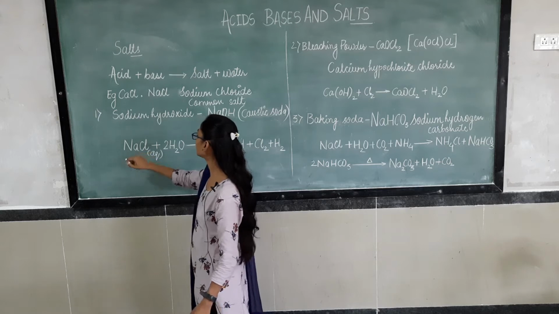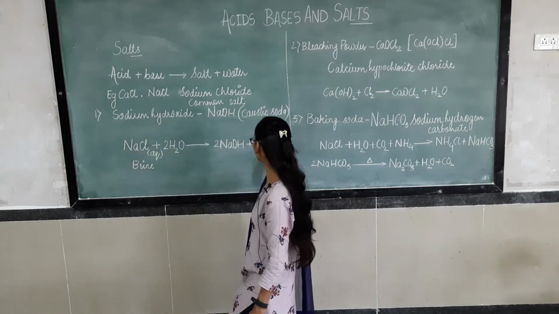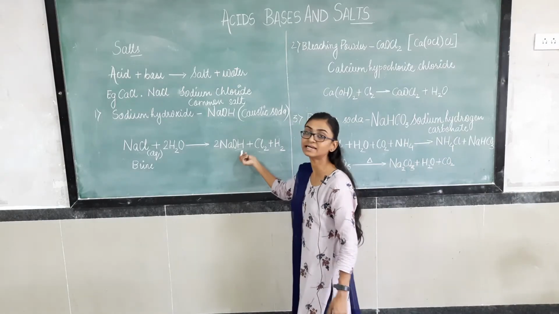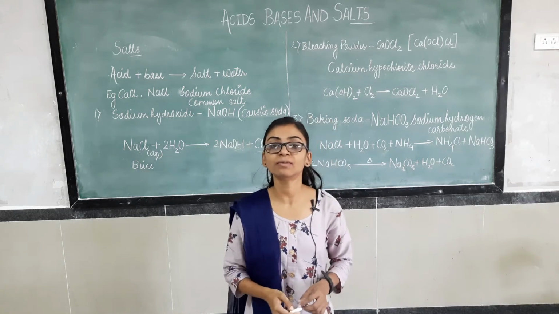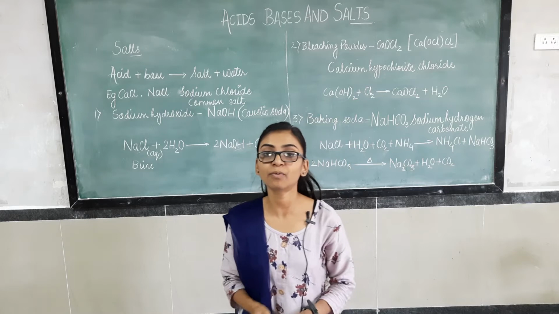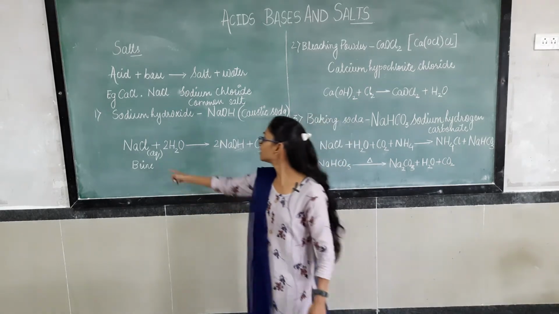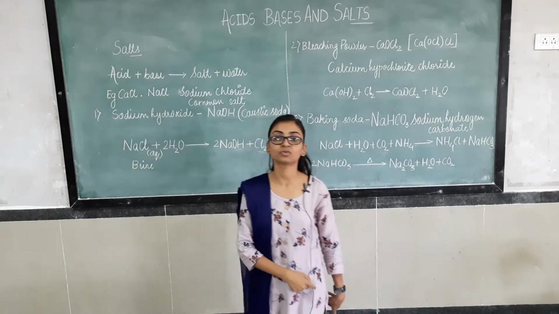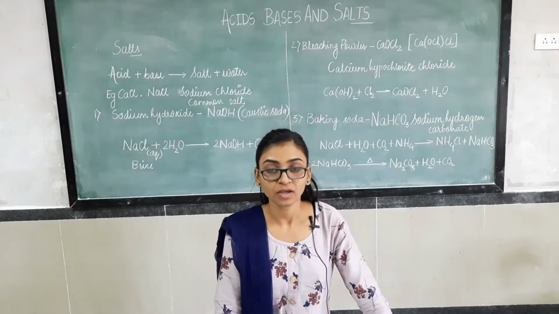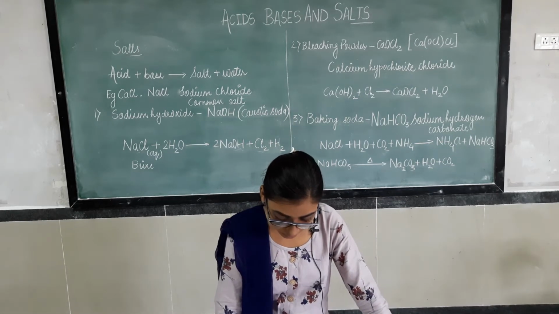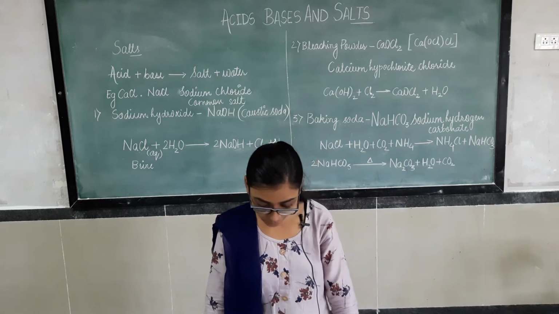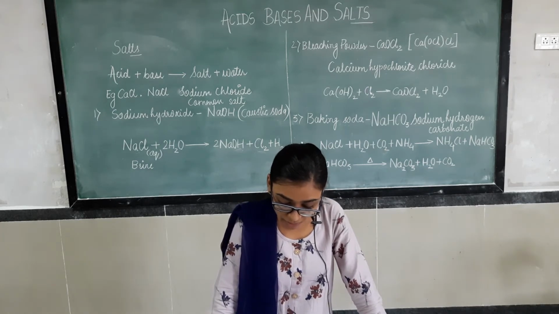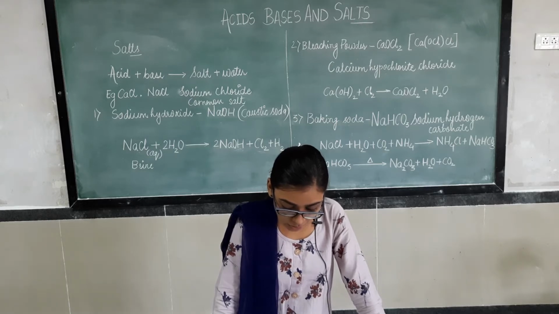Sodium chloride is decomposing. Sodium is separated from chlorine. See here, chlorine is liberated separately while sodium forms a bond with OH negative from water. So here sodium chloride is decomposed in the aqueous solution, that is in water. Here NaCl is reacting with water. That's why we have written sodium chloride in aqueous form. So the decomposition of sodium chloride is taking place, and sodium hydroxide is formed.